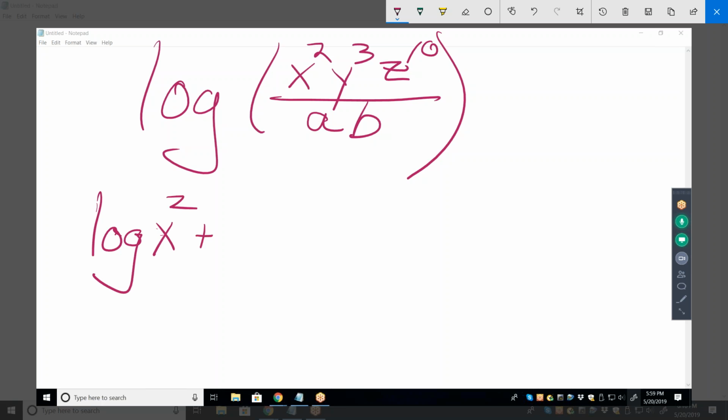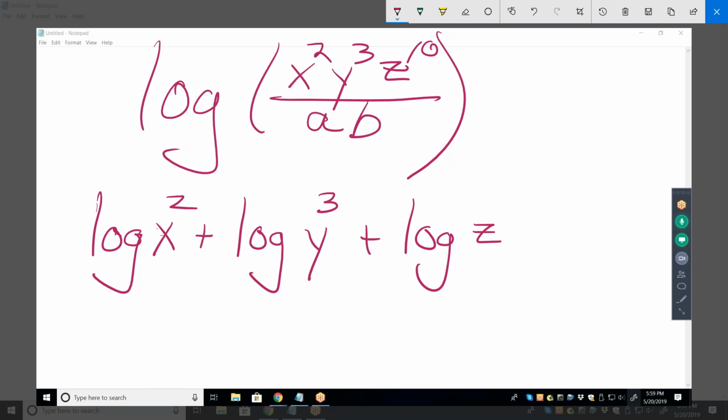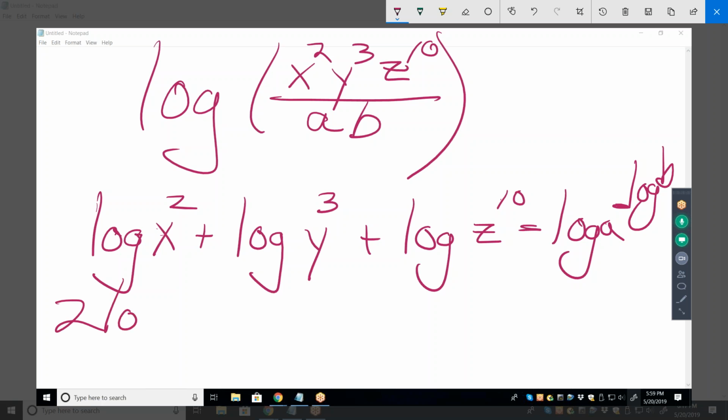Okay, plus log y cubed plus log z to the 10 minus log a minus log b. Okay, and then the last step of expanding is to bring those coefficients back down in front. Okay, so it'd be